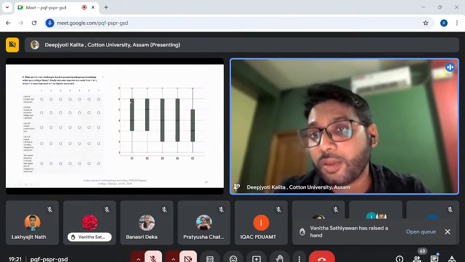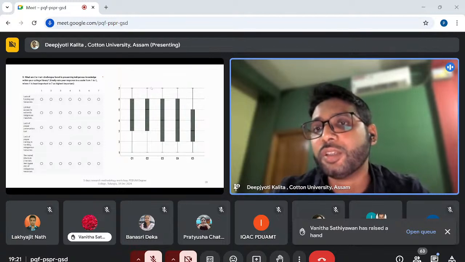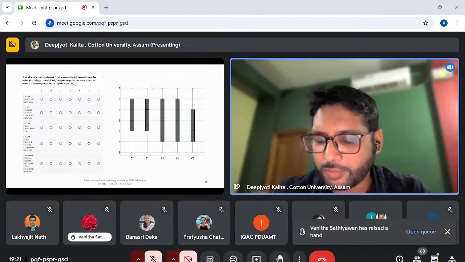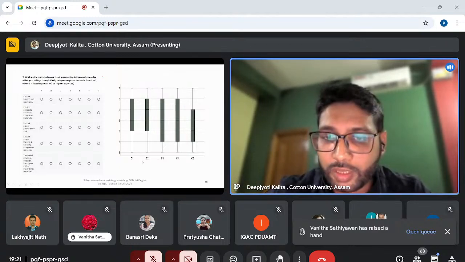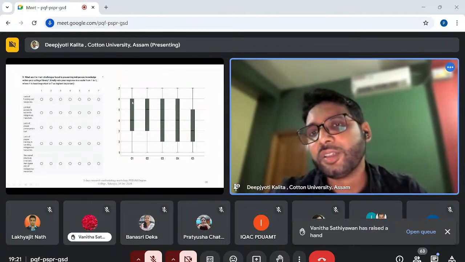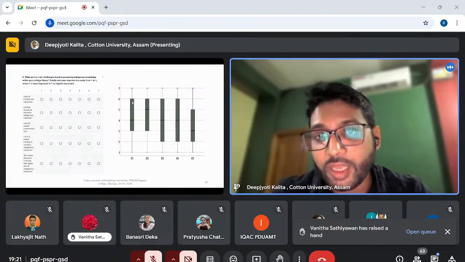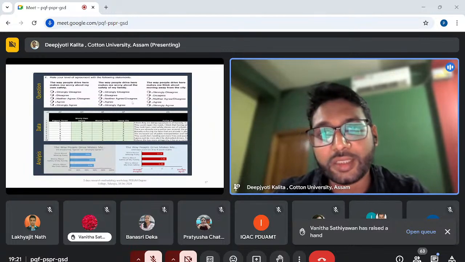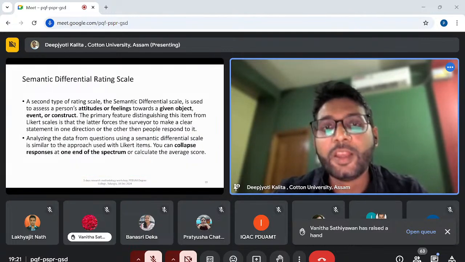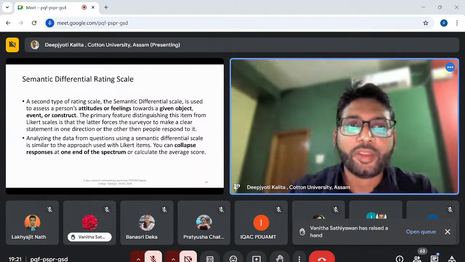That means respondents will be able to understand this is the basic level of satisfaction among the users for this particular basic level of agreement to this particular C1 challenge, and this is their range. So box plot is one way of representing graphically, and percentage analysis is one way of doing a quantitative analysis on Likert scale studies. And there is another way of doing a semantic differential rating scale.